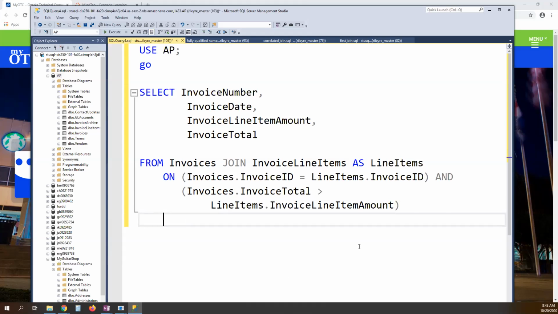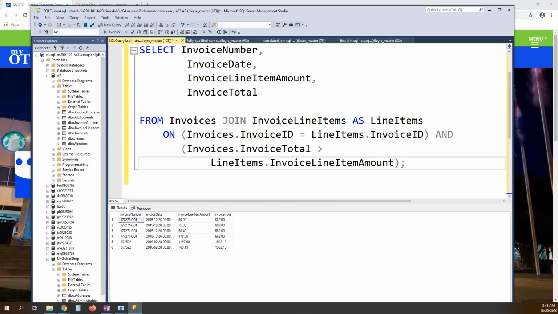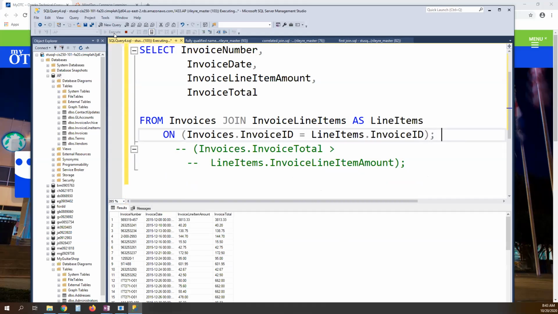Now let's run this. I'm going to put a semicolon on there. So here I've got, for this invoice, I bought multiple things, 4 things. For this other invoice, I bought 2 things. It seems like a weird query to me. I'm not quite understanding. So I could comment those 2 lines out, right? Do some troubleshooting, put my semicolon here, get rid of that, it should have been on the next line anyways,